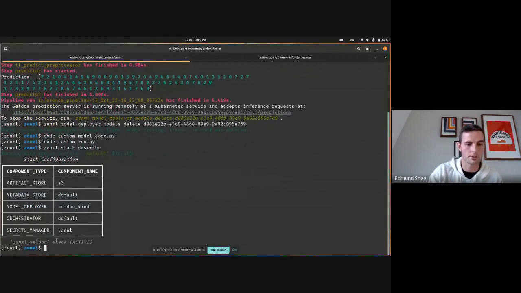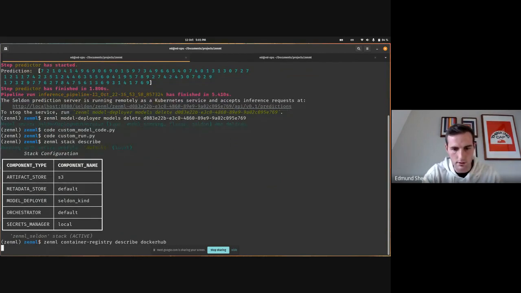Okay, yeah, so I don't have one. So I need to add one in order to be able to deploy a custom Seldon model. So let's do that quickly. Okay, I'll show you this one first, right? What I'm going to use here, I can't see super well because of the screen sharing thing, but